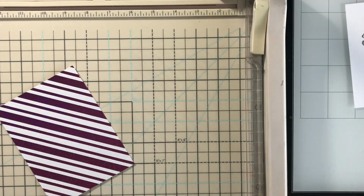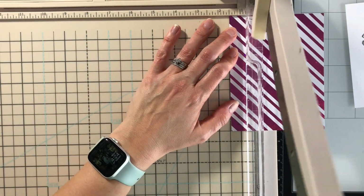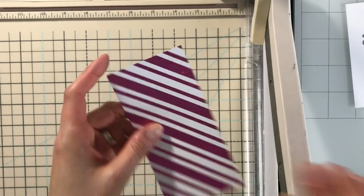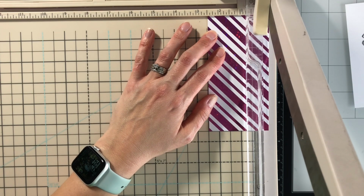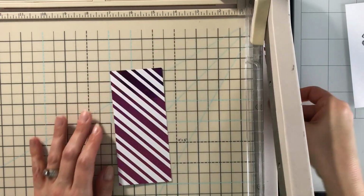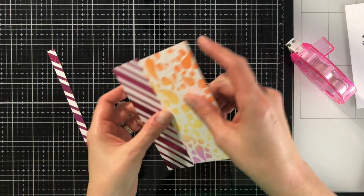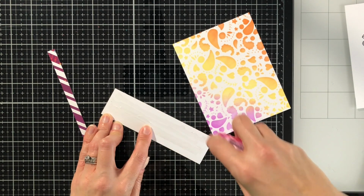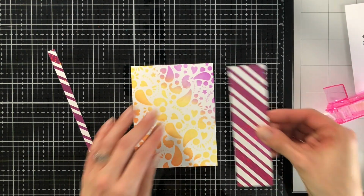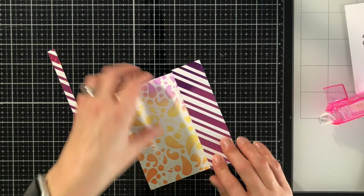And so in this particular instance, which I don't do this that often, I'm actually going to use the toner card front that I've just added that twinkling pink foil to as an accent. So usually I use them more for an entire background or a portion of the background, stuff like that. I'm actually going to use it kind of in the way that I would use pattern paper, which I really don't use often because I love stencils and I love my toner card fronts, but I am treating it as